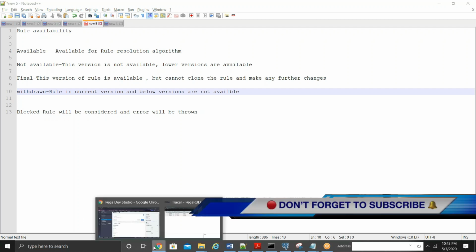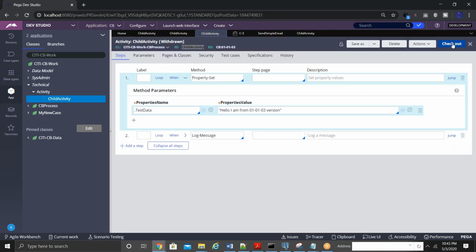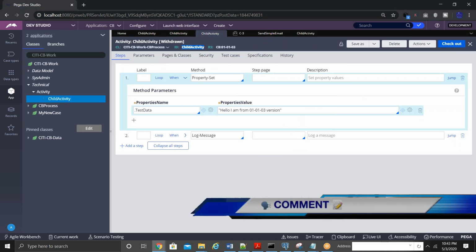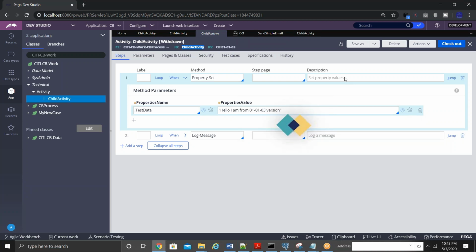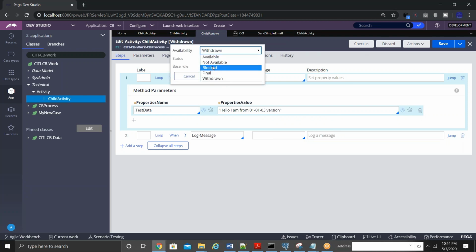Now let's try that. Check out. Change it from withdrawn to blocked.